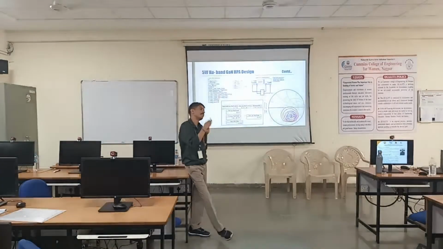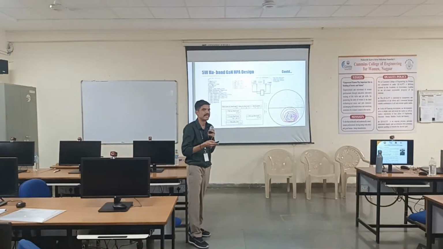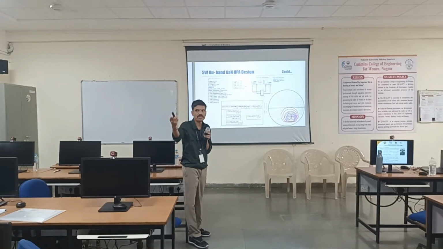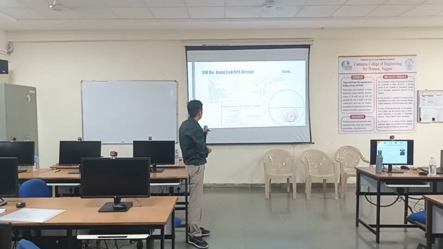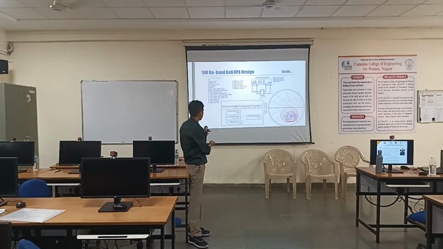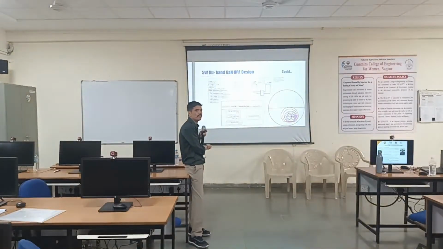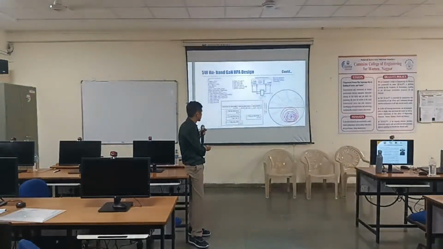Similarly, you should get one more number. That should be ZL. That again you have to match to the output load impedance. So this is here. Can you see this number? This is 40 minus J66. This is 7.5 minus J9. So what do you do? You will cancel out this part.